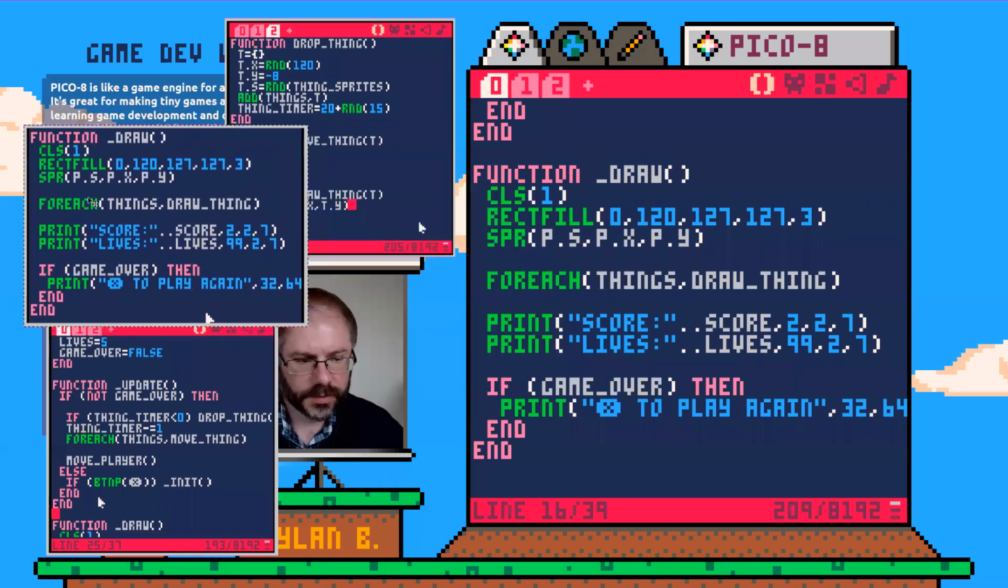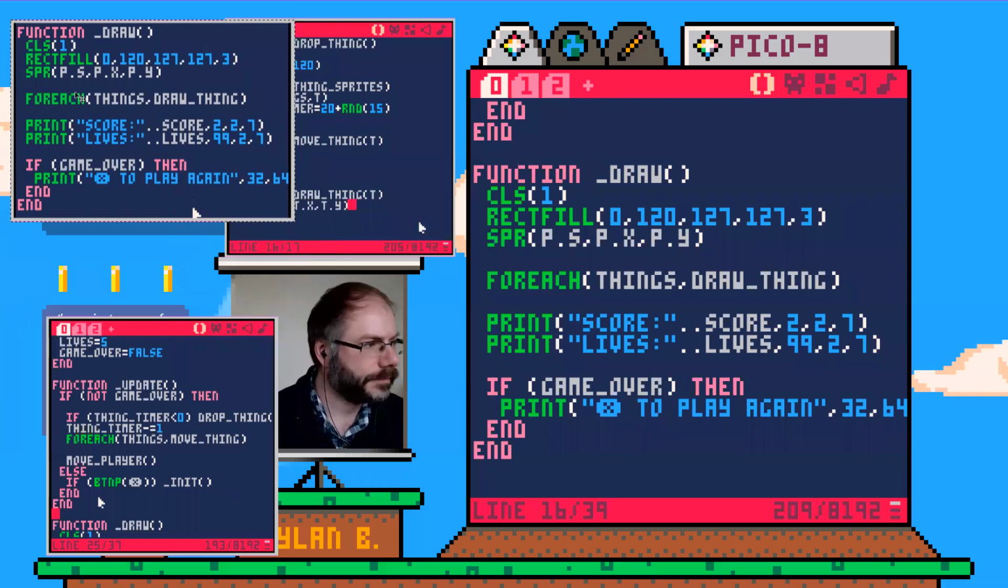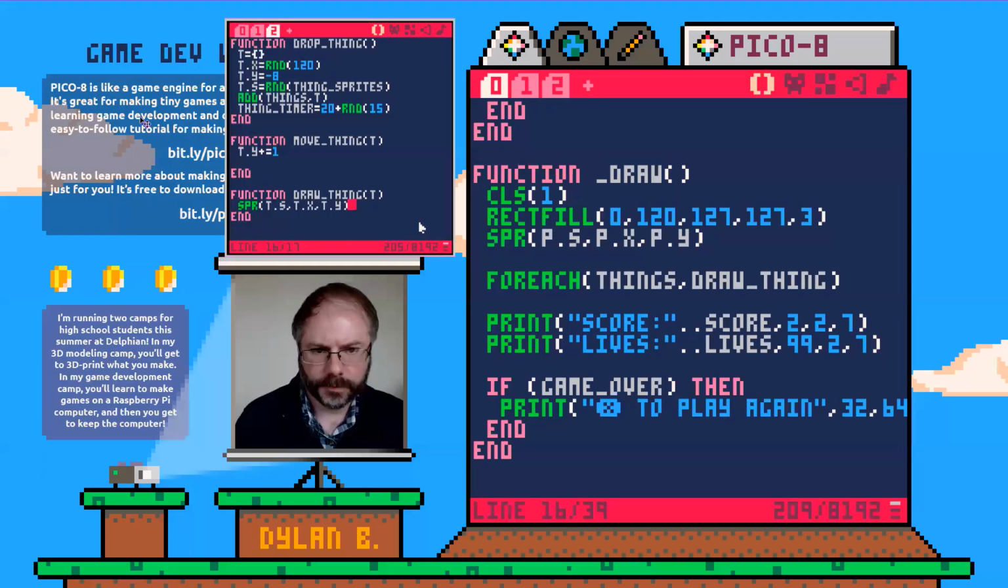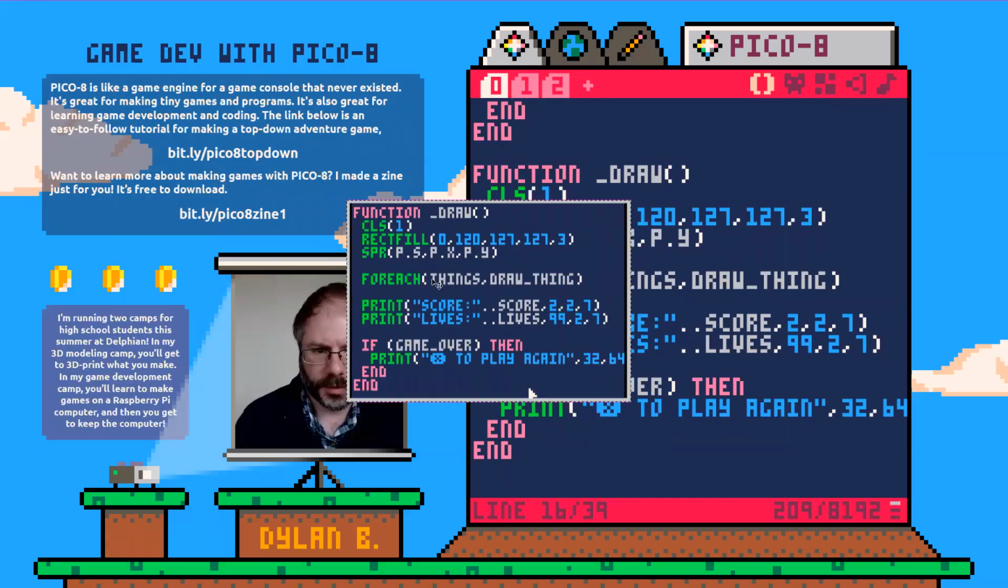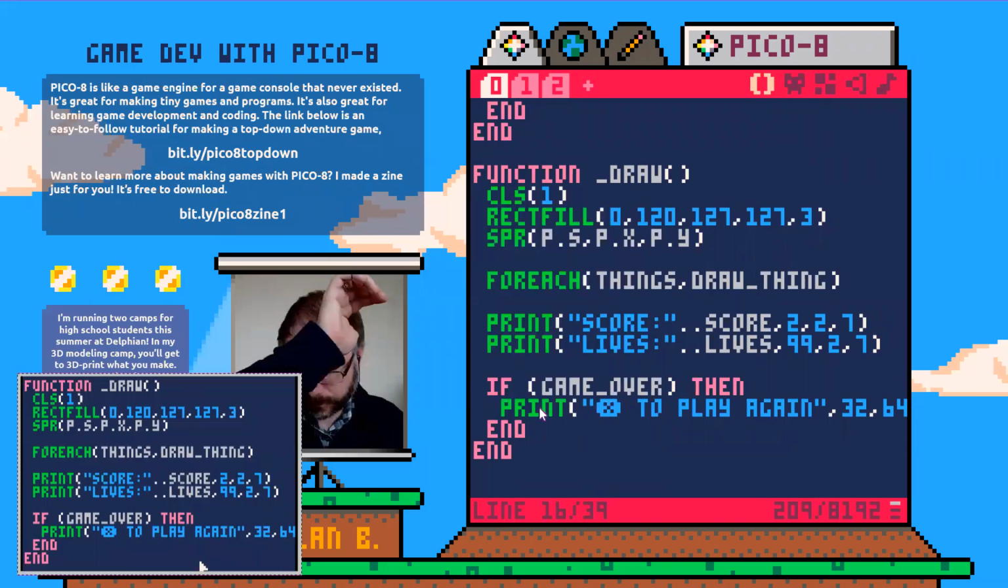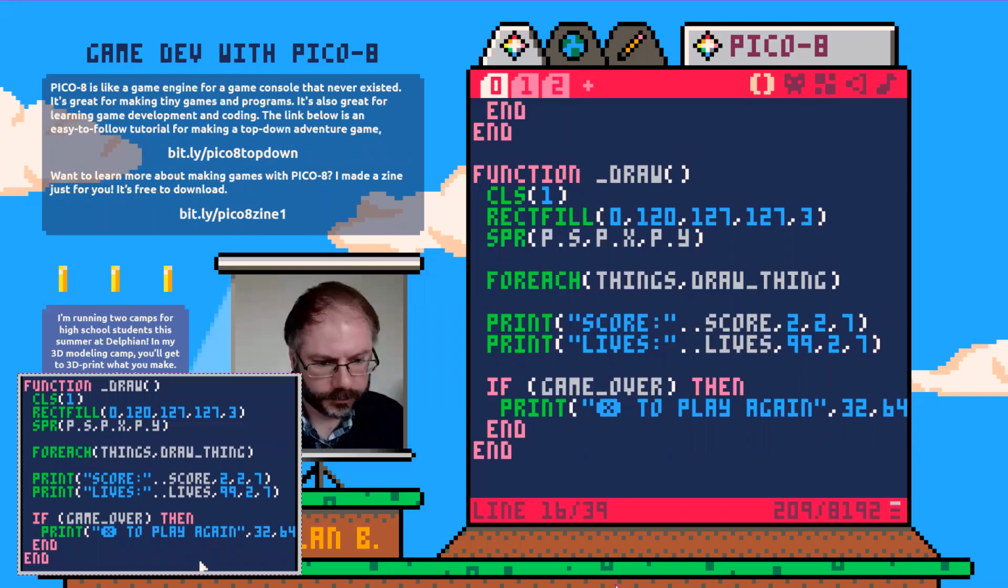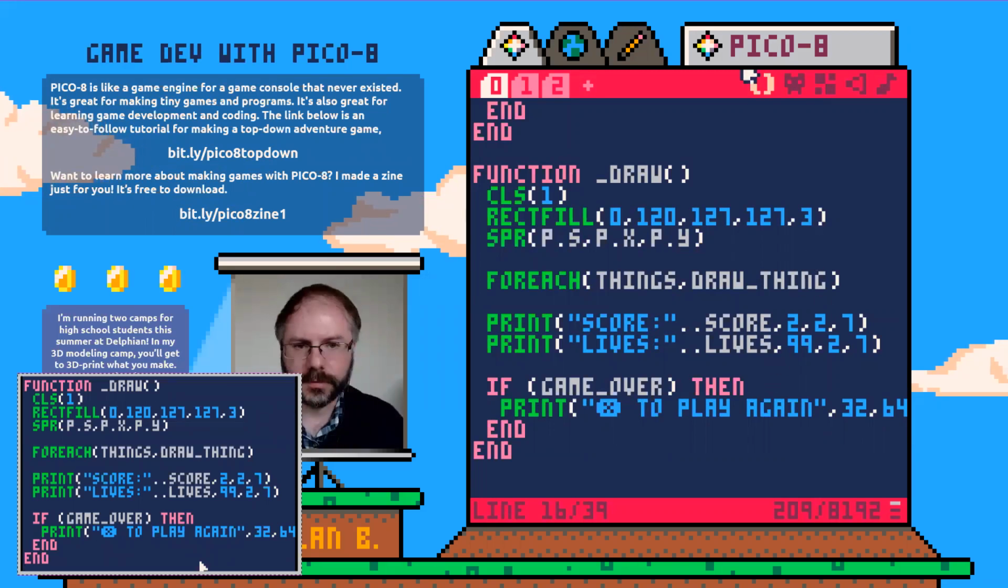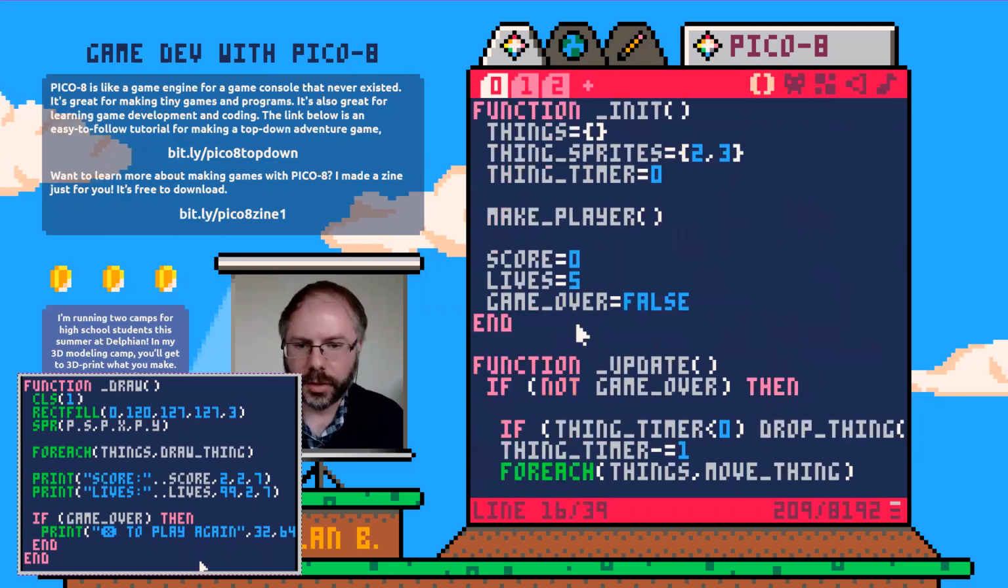So I want to put this over here. Actually, wait. I'm going to put this one up here. There we go. Okay. Yep, hold on one second. I'm going to try to help everybody fix their problems with their eraser sprites. So